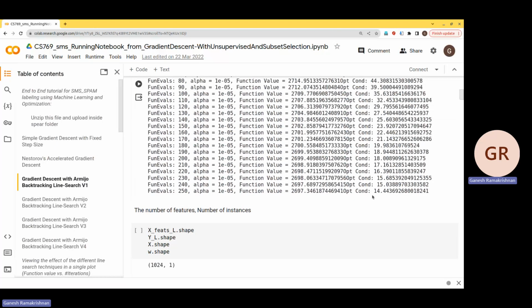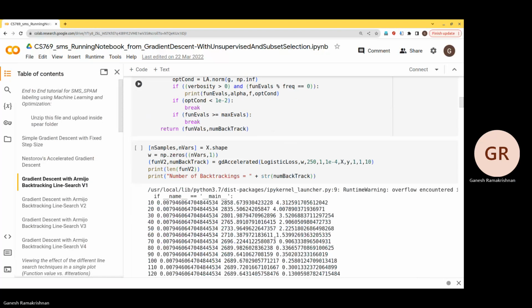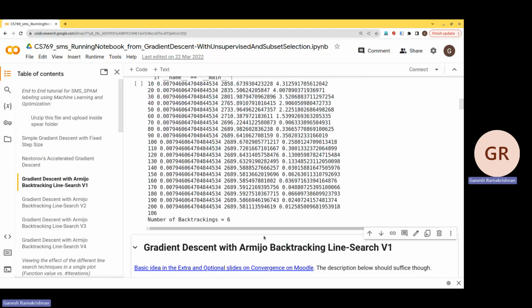And yeah, this is like the error. Now we have just got the same thing in fewer epochs. Okay. In the case of Nesterov accelerated gradient,